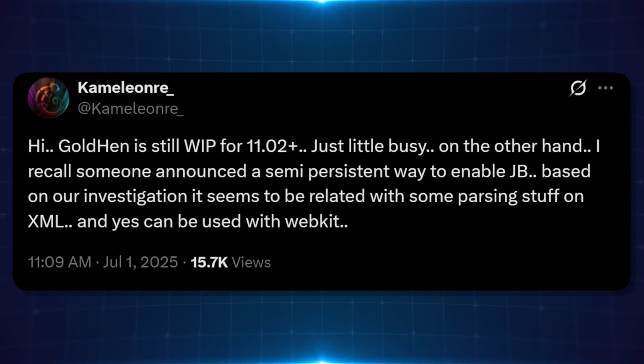We also got a little bit more from Chameleon on this, who says GoldHEN is still work in progress for 11.02 plus. Just a little busy. On the other hand, I recall someone announced a semi-persistent way to enable the jailbreak. Based on our investigation, it seems to be related with some parsing stuff on XML, and yes, can be used with WebKit. So that would suggest that they're looking into the semi-persistence, which is something that Al-Aziv talked about back